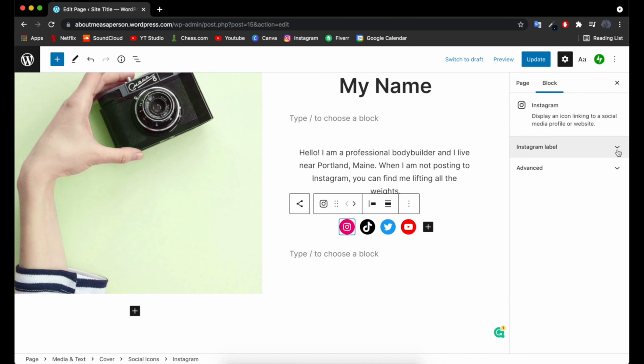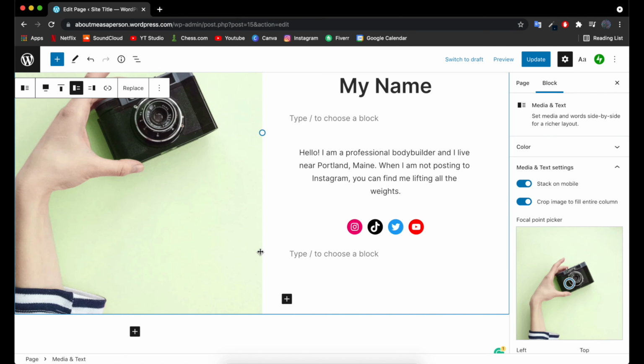And then if you go on the right hand side where it says Instagram label, you can actually give it the link that you want it to redirect the visitor to. So here you would just paste in the link to your Instagram account, and the same goes for TikTok, Twitter, and YouTube. If you wanted to actually add a whole new block, you can just go ahead and hover underneath